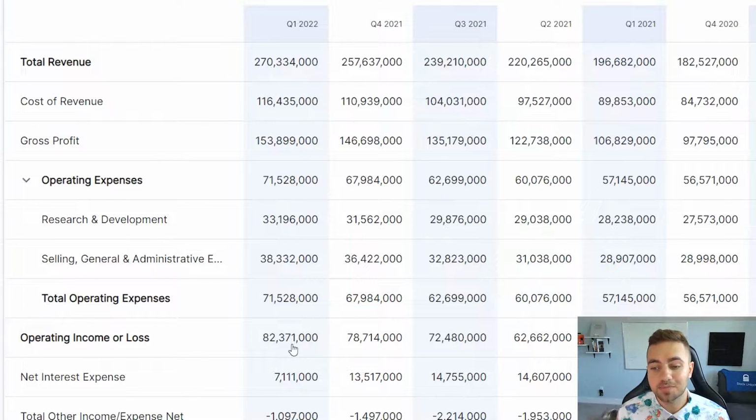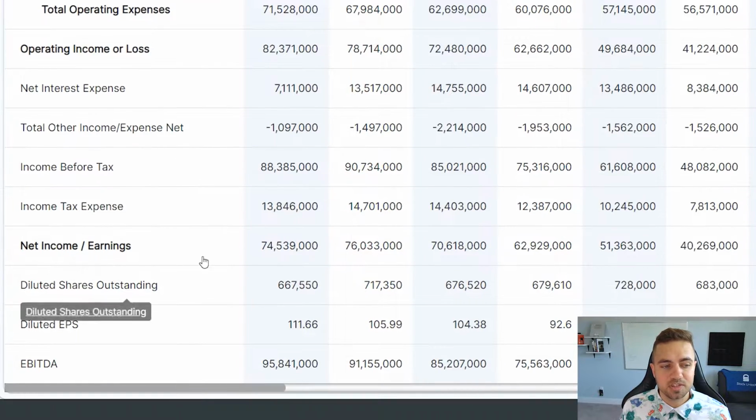The operating income essentially tells investors if the operations of the business are generating money. This is like, if the operating income is negative, it means the company is losing money. And if the operating income is positive, then that means the company is generating a positive operating income and its operations are profitable. If we move down the income statement more,